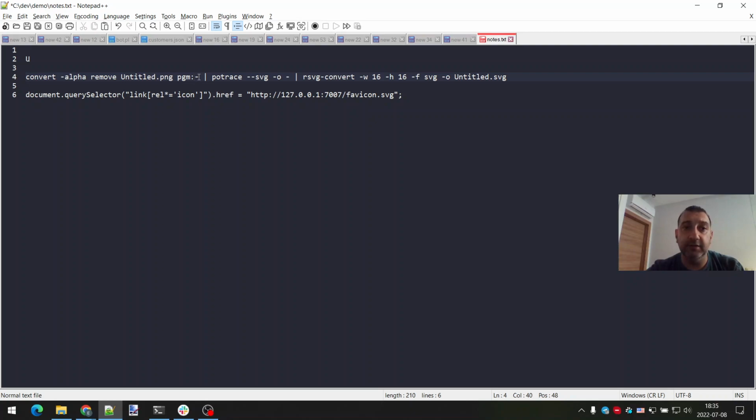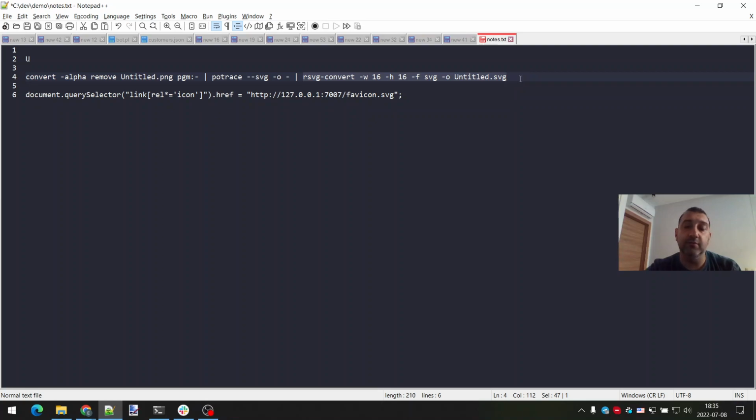So instead of the resulting output file, we put this at the end, and this will basically take the result of this command. Instead of creating a file, it will feed it to this command, which is potrace, which will convert the resulting PGM file into SVG file. The O option is the output file, but we don't specify the file again. We give it a dash, and it's gonna feed the results into the next command, which is